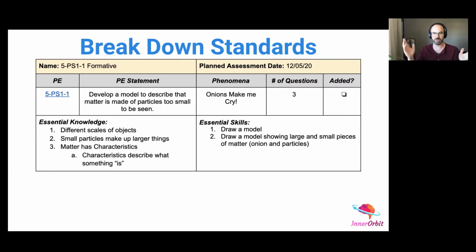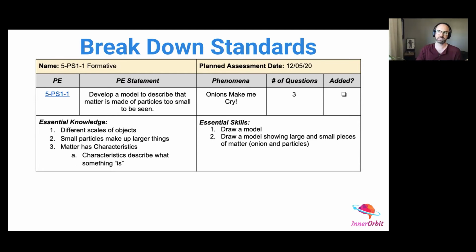What are the parts of your laptop in this era, or iPad or iPhone or whatever it is? Give them opportunities to draw a model first, and then have them draw a model showing large and small pieces of matter. So the smell of the onion was something fragrant. Anything where they're showing a large piece of matter and then some way of showing a zoomed in view of